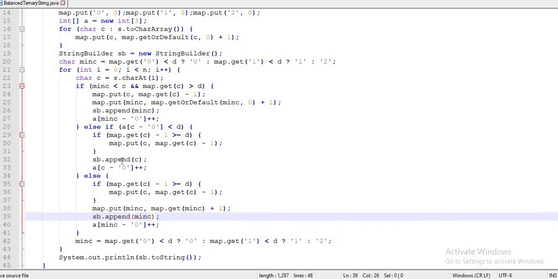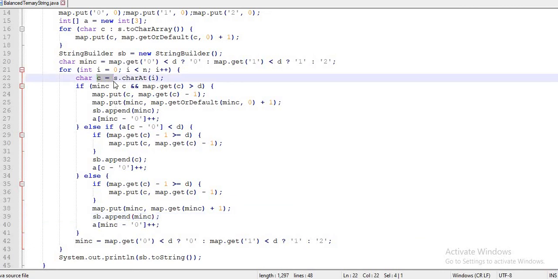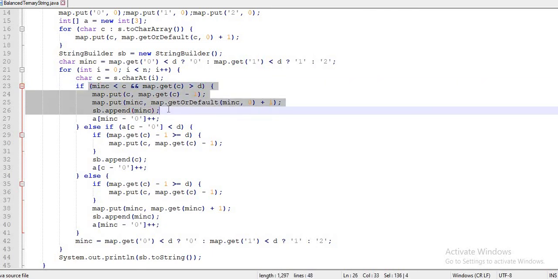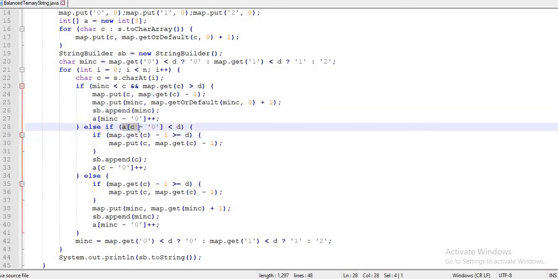Okay, sorry, there is a slight confusion. So in this case, what would happen when it goes to the current character value, that is a character value as a 1. So it will check the min c, what is the value of the min c. So this way it will confirm this condition gets false in this case. Now it will check what is the value of a of 1 minus 0. So a of 1 index is lesser than the d value, because I have not updated my a of 1 yet.